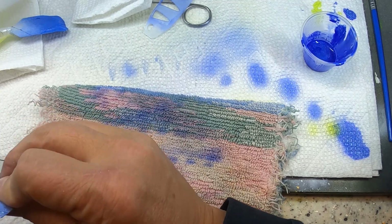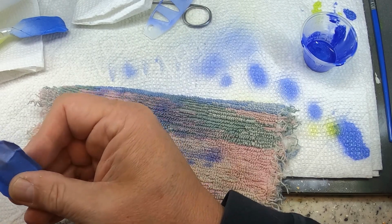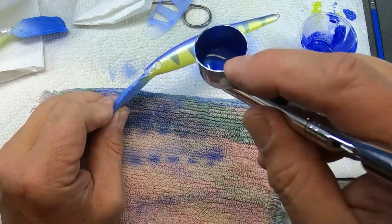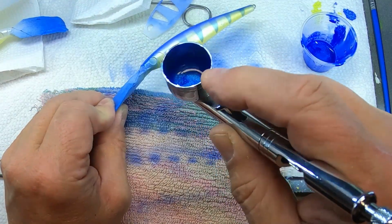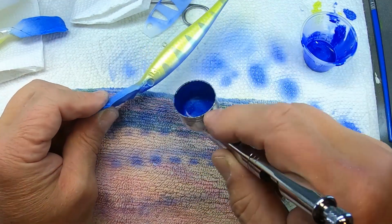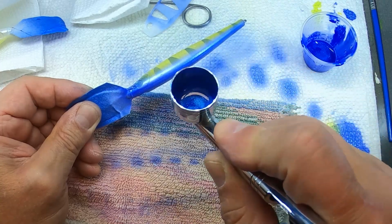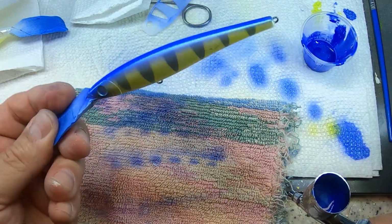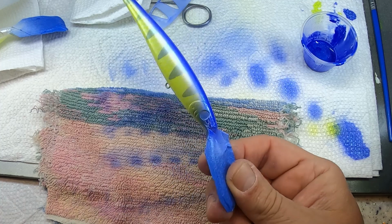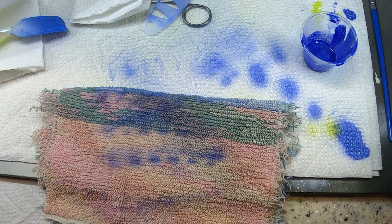A lot lighter color than I was thinking it was going to be. I'm going to play with that just a little bit more. I'm going to put a little bit more of that around the head, kind of like I would with a darker color. So those stripes are much lighter than I anticipated, but I think once I get these dried, I'll put that stencil back over there and give them a second coat, because once you get a heavier coat on there, it looks pretty good. I may have thinned them out too